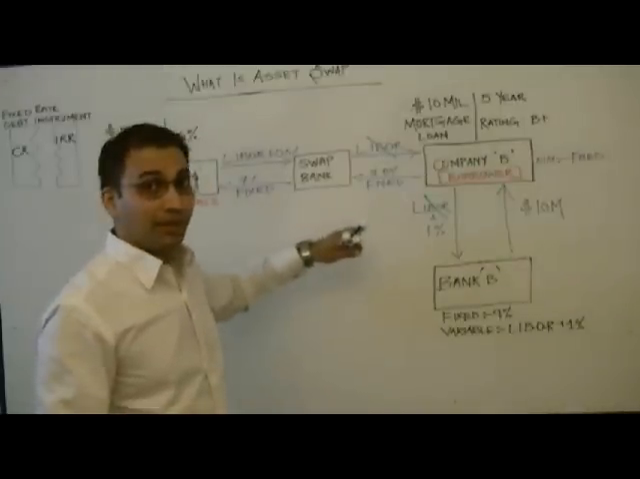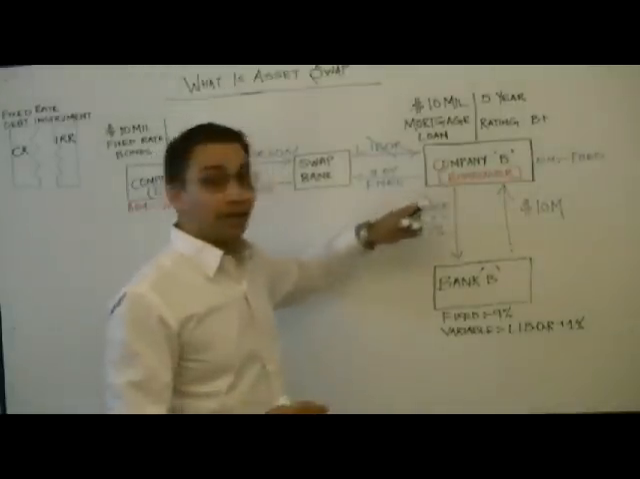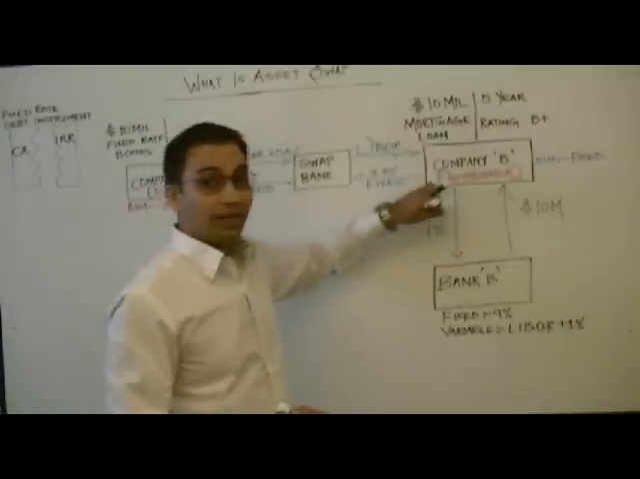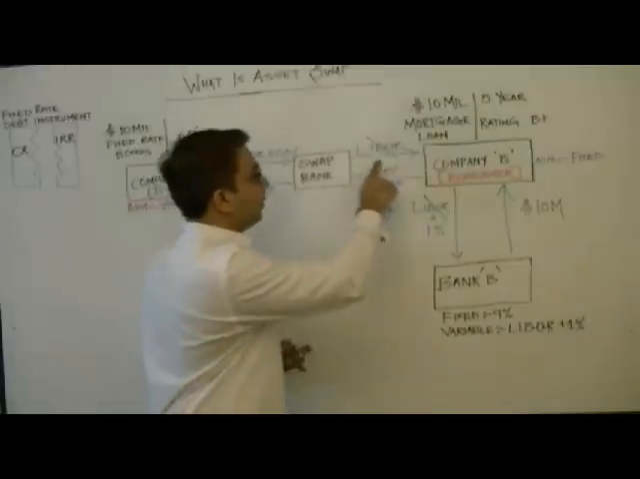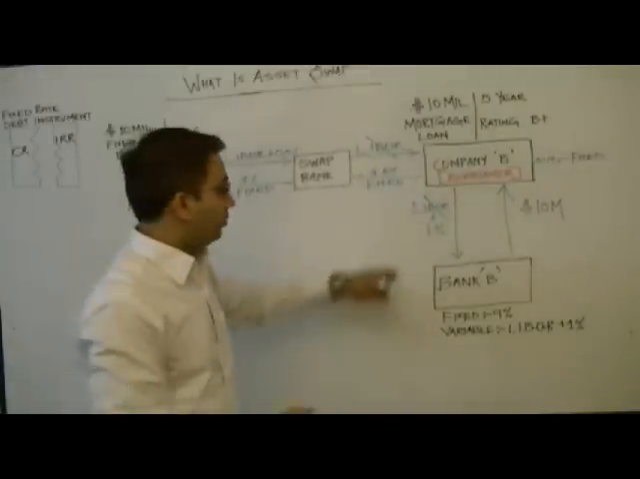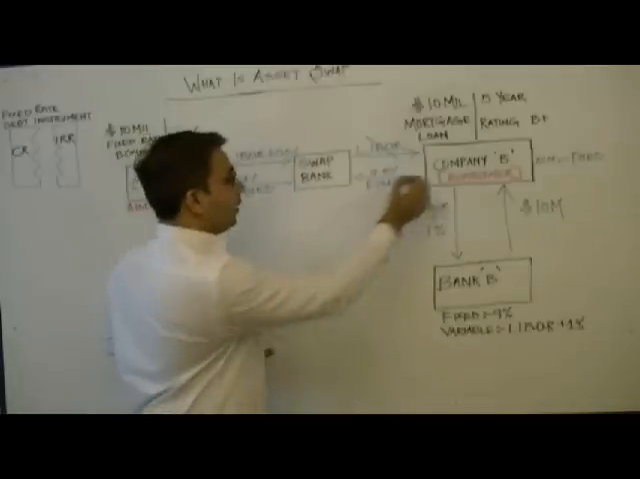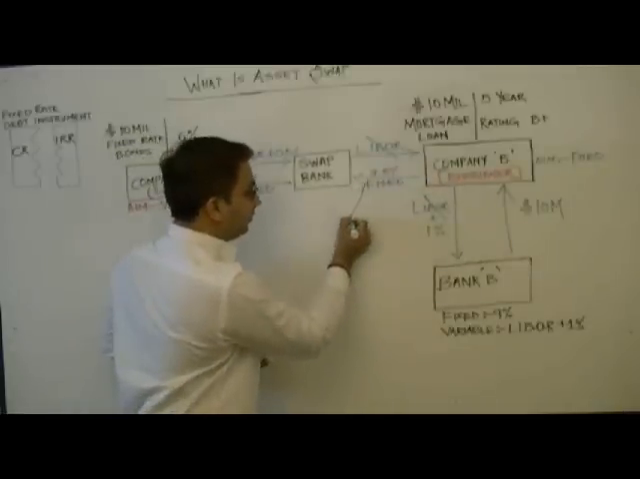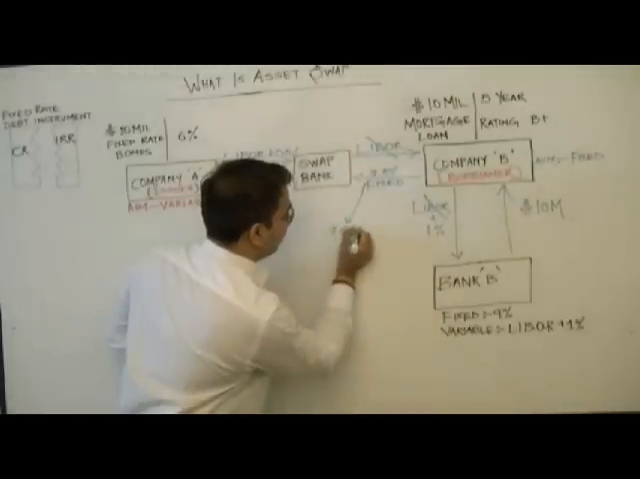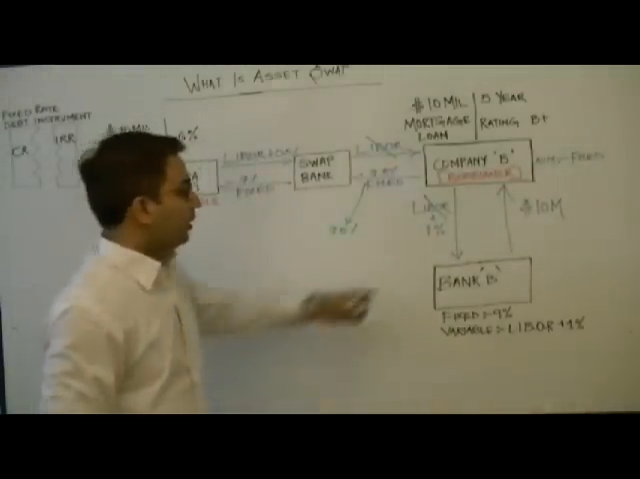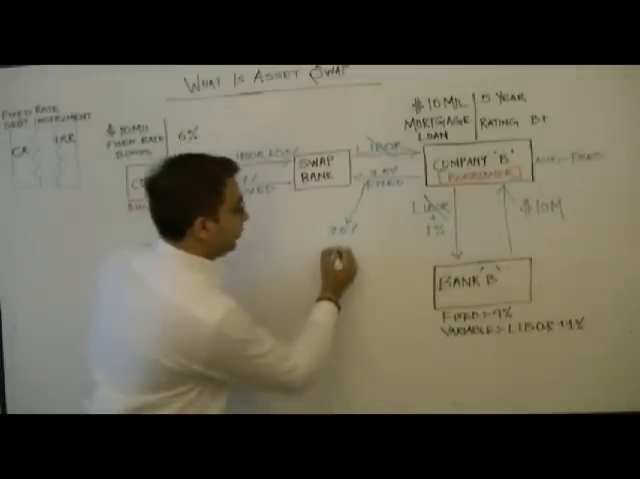This is the first part, company B, and we are going to see how company B is going to get benefited by this swap transaction. LIBOR comes in, LIBOR goes out, remaining 1%. Company B is paying 7.5% fixed interest rate plus carry this 1% here,